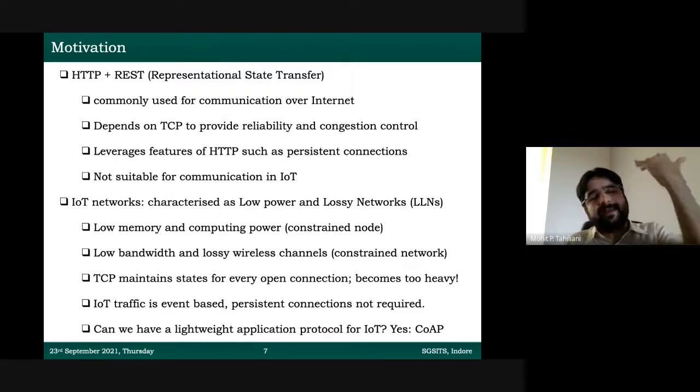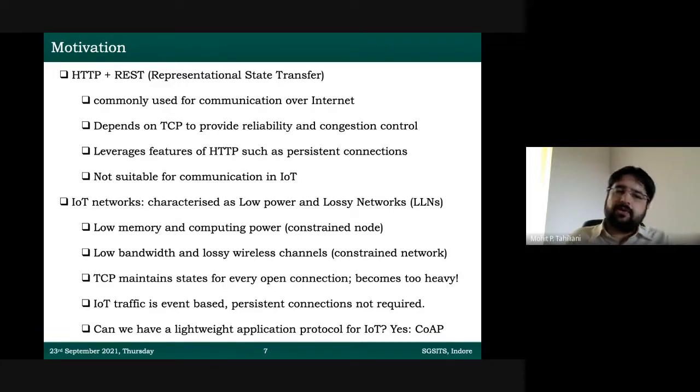For every message that you have to send to the server, you have to first establish a connection with that server. So imagine you have to transfer 1 bit of data, because your sensor might have just 1 bit of data to communicate. That sensor might be a binary sensor saying 0 or 1. What is 0 or 1? 0, everything is fine. 1, I detected a thief coming into your house.